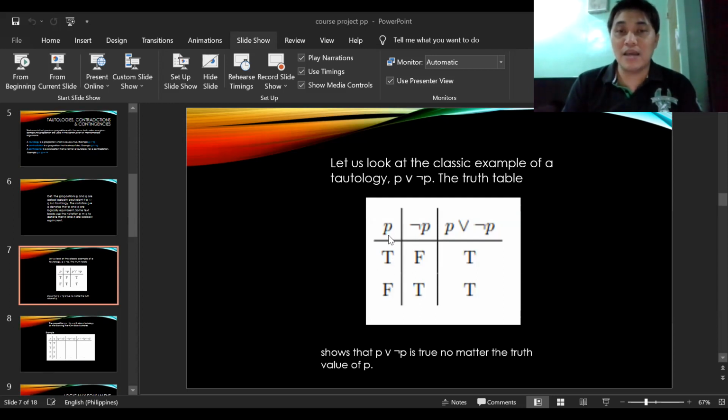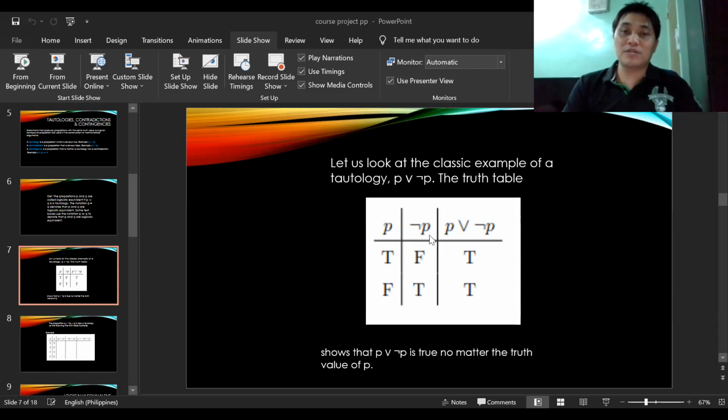So let's negate P. If our P is true, then the negation is false. If our P is false, our negation will be true. So for our solution in our problem, P or negation of P, our answer will be